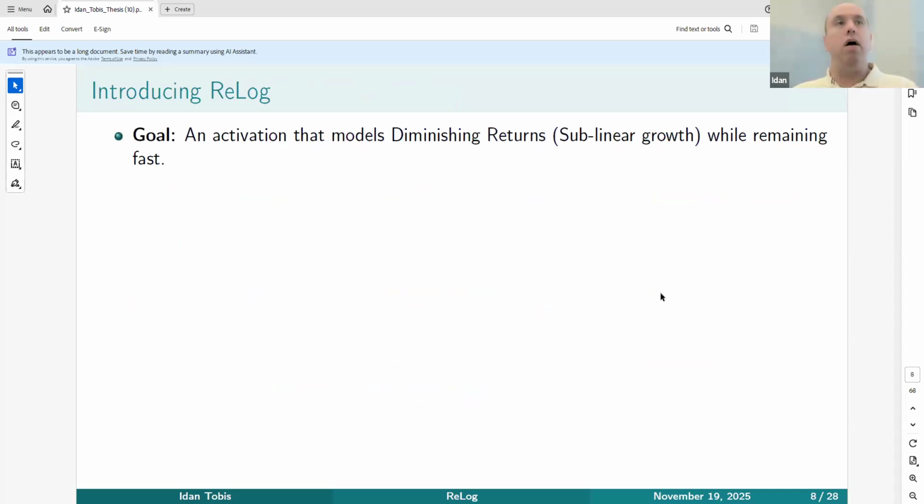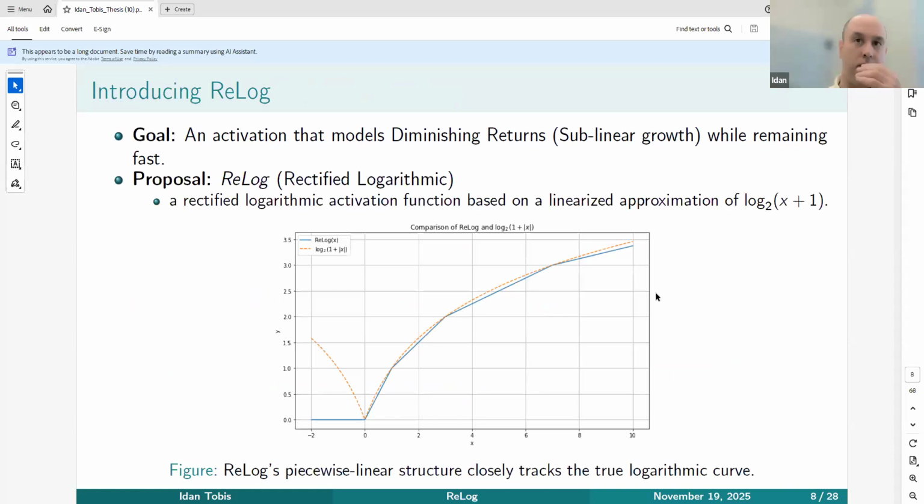So this introduces ReLog. We want an activation function that models diminishing returns. So it has sublinear growth, but we want it to stay fast. The obvious answer would be a logarithmic